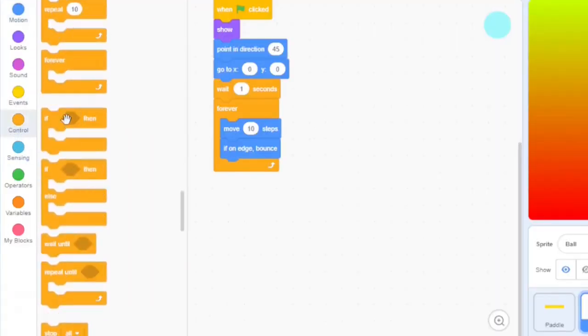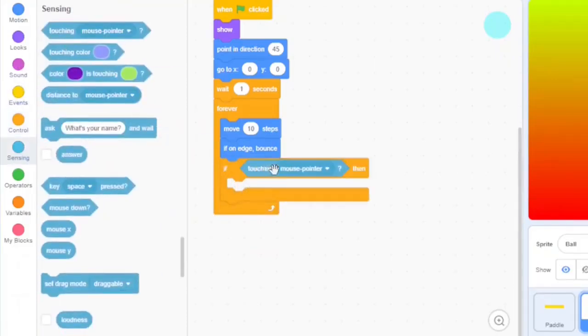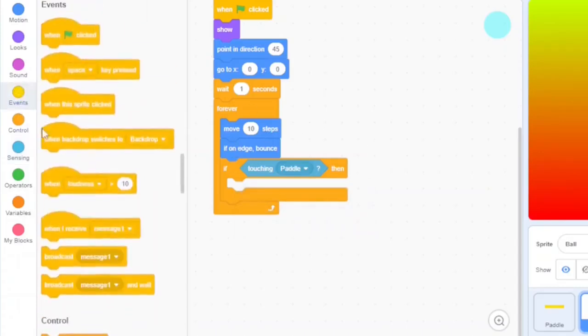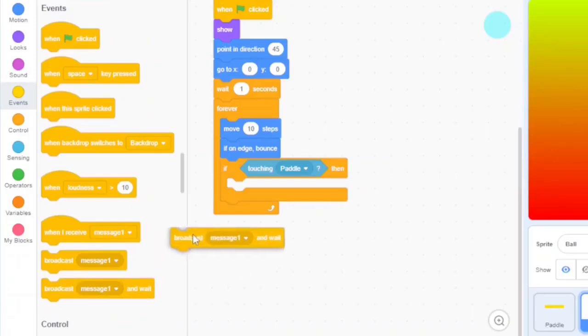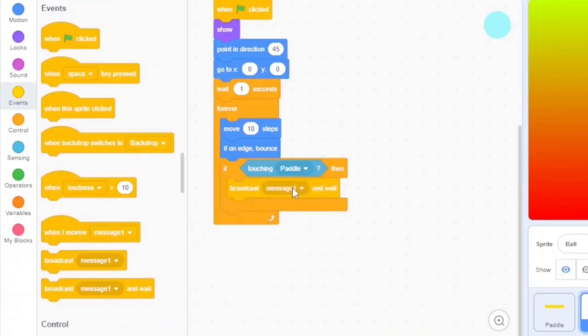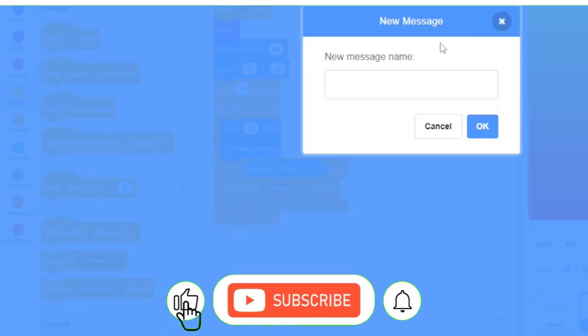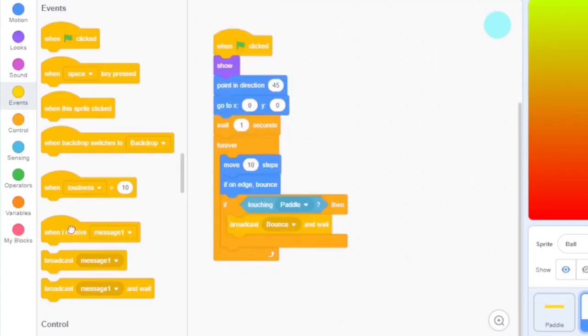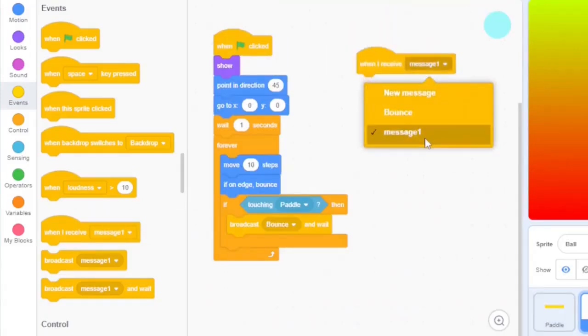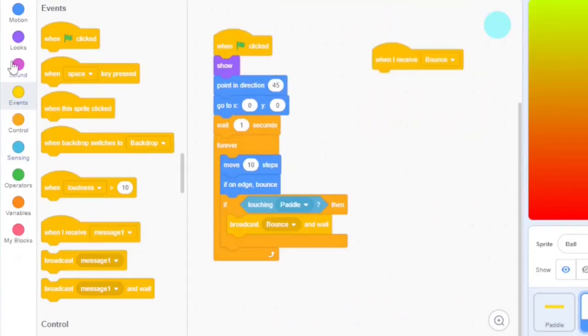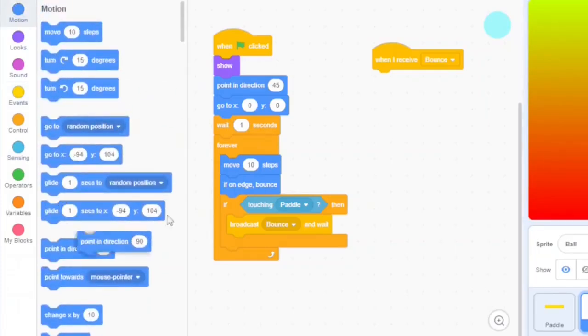After this, now we want that if the ball touches the paddle, then it will also bounce. So for that, control, if then, sensing, touching paddle. Then what? Then events, broadcast message 1 and wait. The new message is going to be bounce. Means it will bounce after the message is broadcast. So now, when I receive bounce, then motion, point in direction,